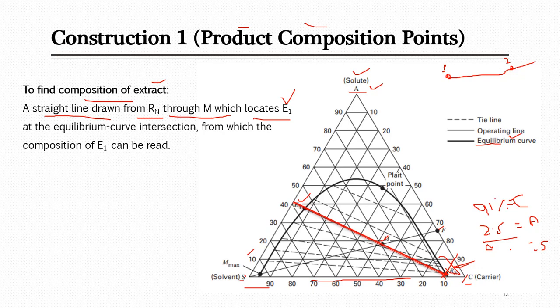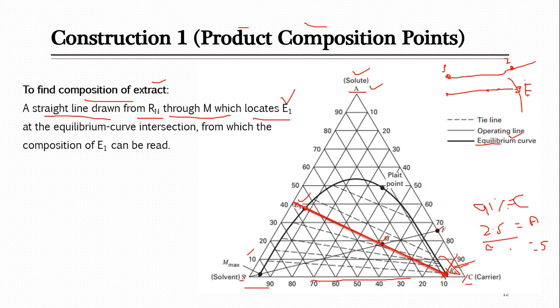Sorry, this is not that straight, but still you can see, you can just place the ruler and draw the line starting from one point, passing through the second point, and then it will cut the other line on the other side. That will be your extract point, like we have here. So there are not many lines possible, only one line. Yes, someone maybe will locate it at 40, someone at 39, but this is the point which you have to read on the binodal curve. So that's your extract point.